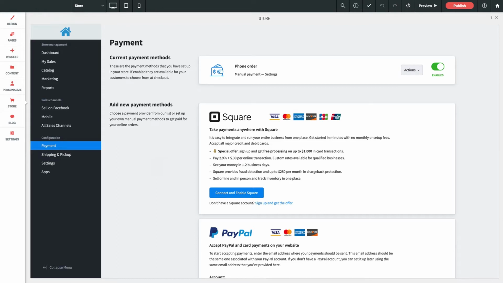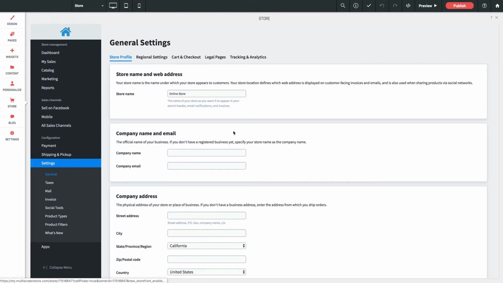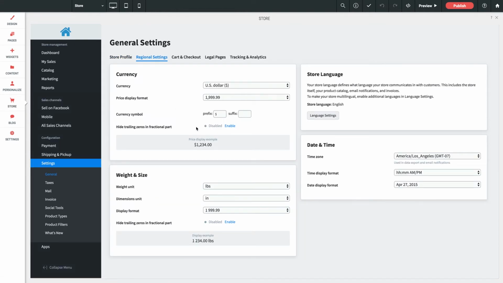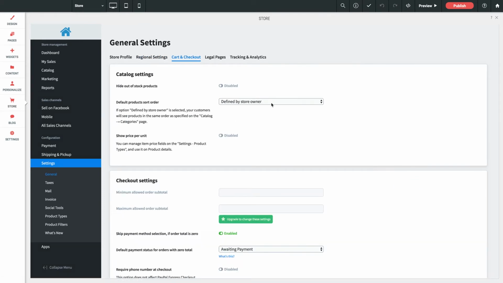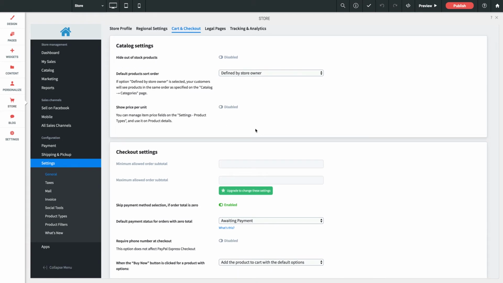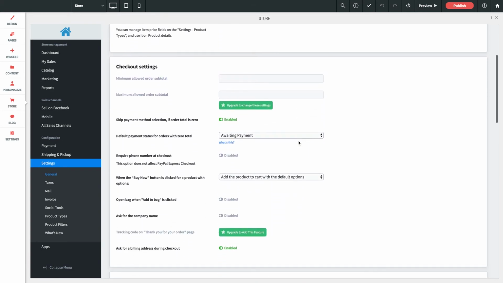Finally, let's click into Settings on the left panel. This is another dense page, but one you'll want to spend a good amount of time in. This is all the information about your store as a whole, much of which is necessary before you can get the store fully functional. Company contact info, address, store name, all very important. In regional settings, you can set display formats for currency, weight and size units, language settings, and date and time zone settings. Cart and checkout, you can configure all kinds of stuff relating to products, shopping carts, prompts through checkout,